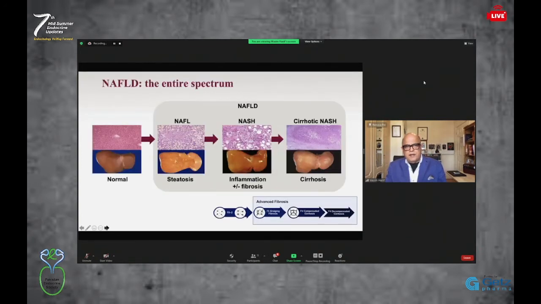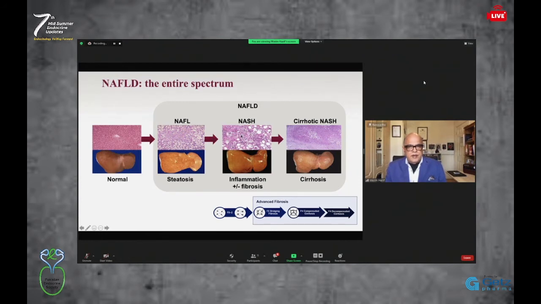non-alcoholic fatty liver disease. Although other terms have started to be used, we tend to use NAFLD in the UK. It is an entire spectrum. It starts with a normal liver, and in people with diabetes and visceral obesity, the fat starts getting stored in the wrong places, and one of the worst places to store fat is the liver. Initially you get non-alcoholic fatty liver, which is just steatosis with ballooning of the hepatic cells as seen in the histology in the slide, and this forms the spectrum of NAFLD,